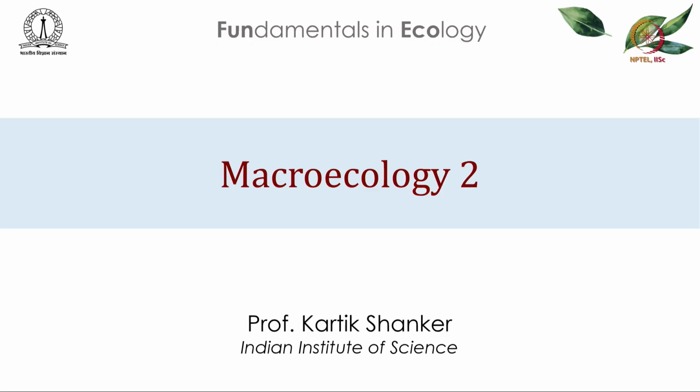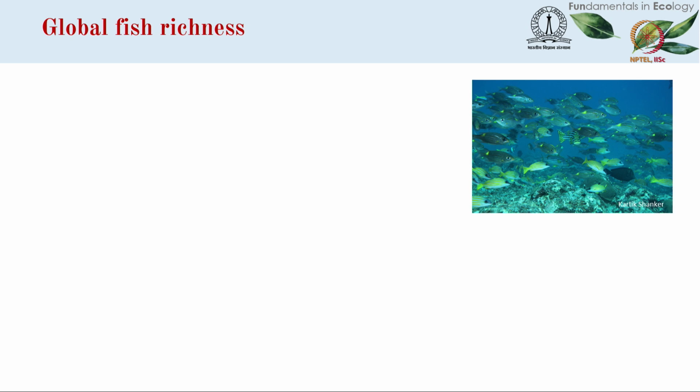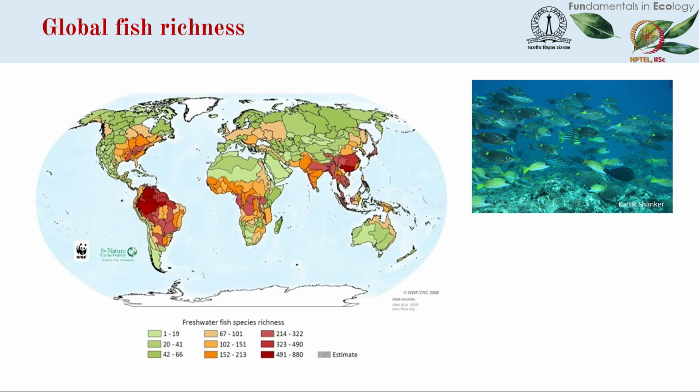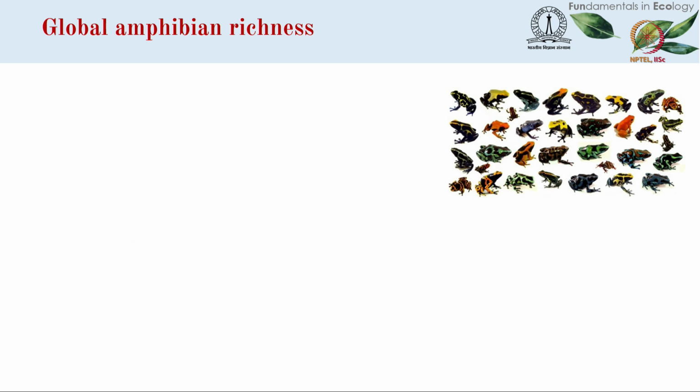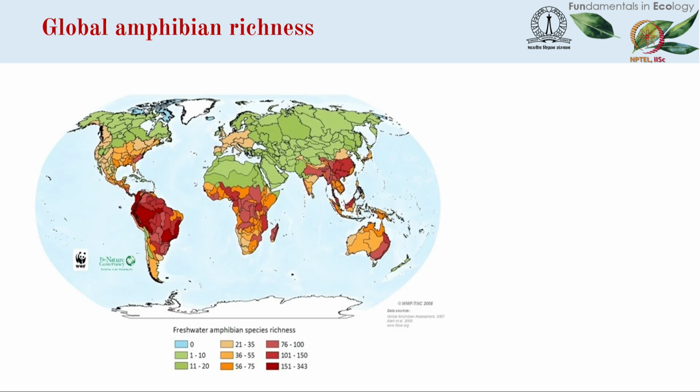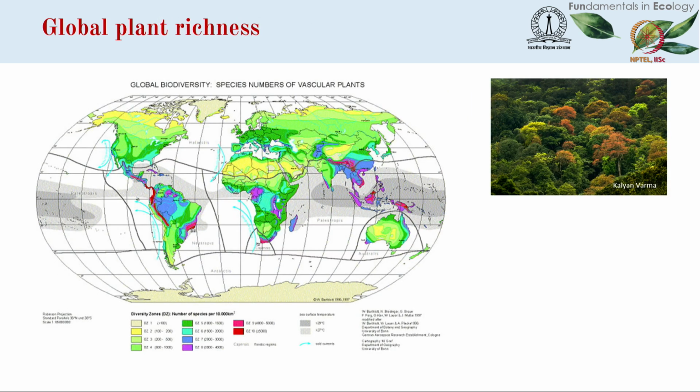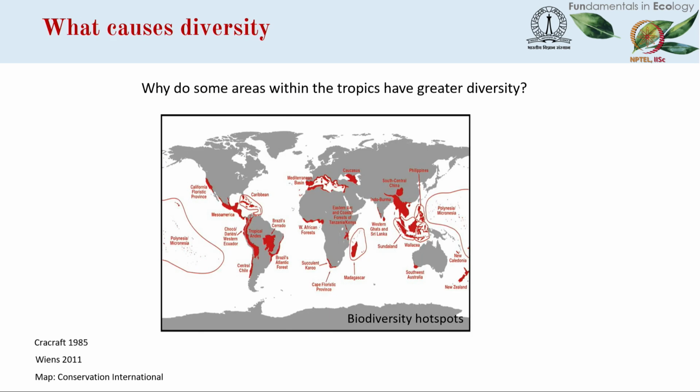Today we're going to be continuing to talk about macroecological patterns in nature. As we've already seen, there are broad latitudinal patterns of diversity in fish, in amphibians, particularly frogs, as well as in other groups, including plants. And all of this led us to ask what causes these diversity patterns and why do some areas within the